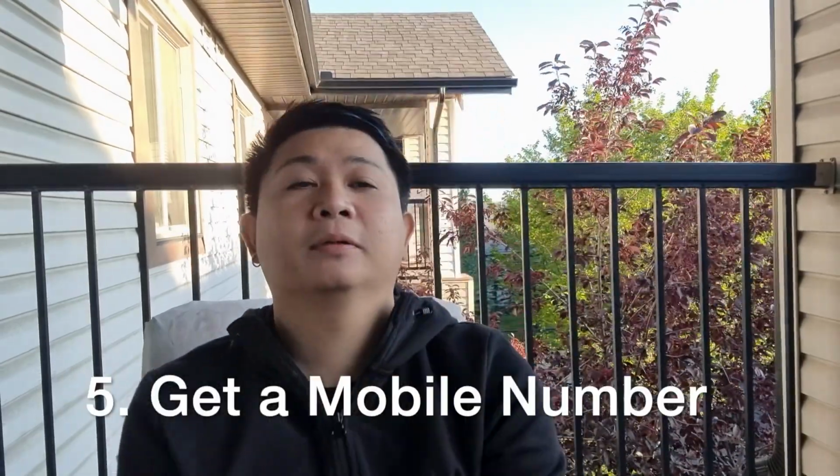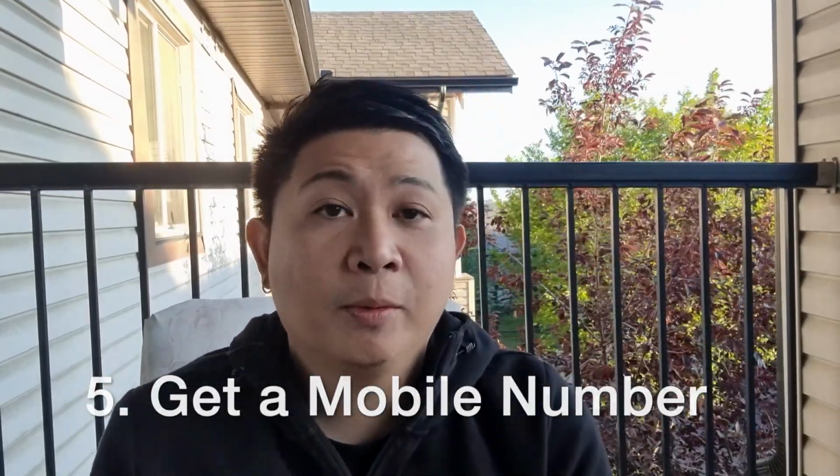Okay, next tip, I think we're on to number 5 na, is to get a mobile number. Okay? So, very important, mobile number. Alam ko marami sa inyo yung gusto pagdating pa lang meron na. I believe in Calgary Airport, you can buy a SIM card or prepaid SIM card there, but I'm not really sure kasi yung nag-land kami dito 11:30, past 11:30 yan ng gabi. So most of the shops were closed. There was a 7-Eleven, pero pagod na kami, so we really wanted to go straight to kung saan kami nag-rent